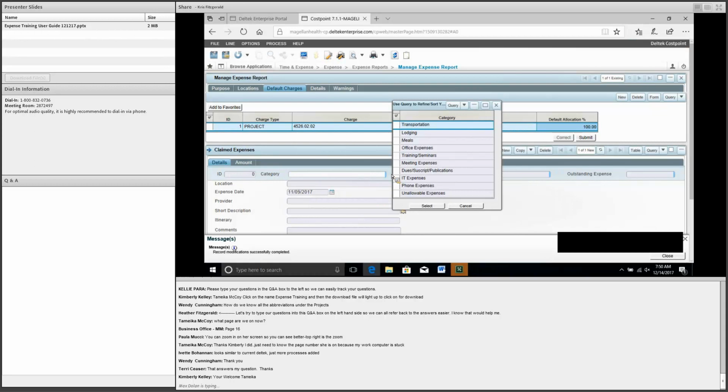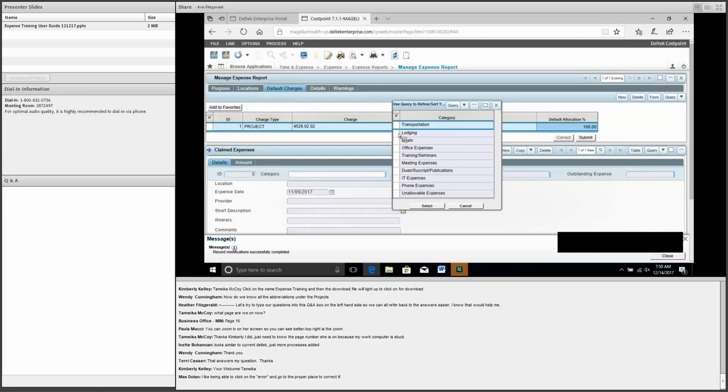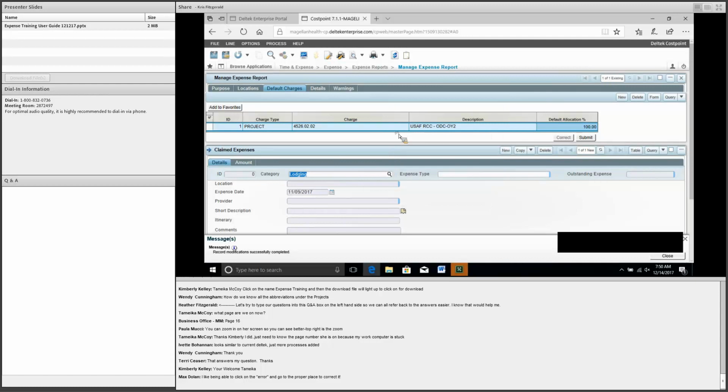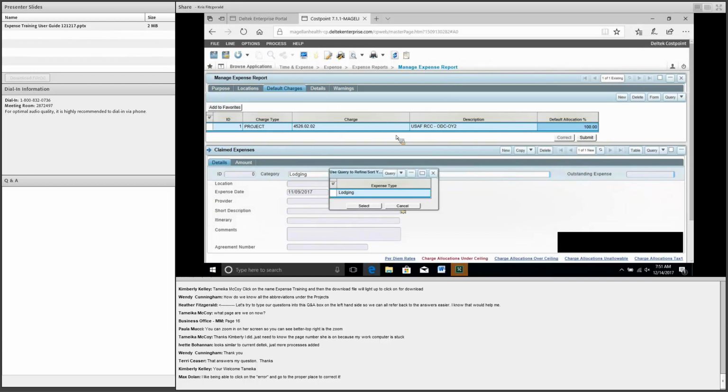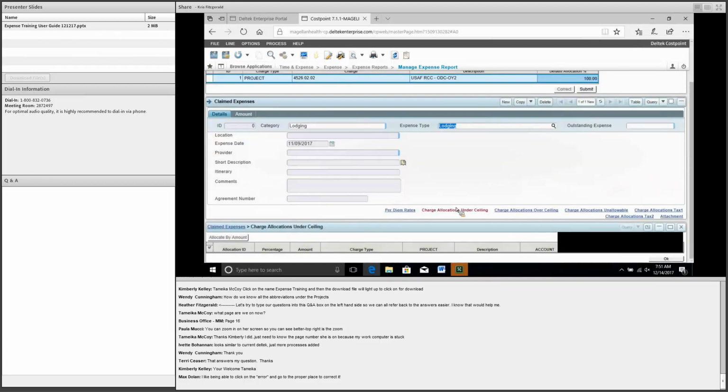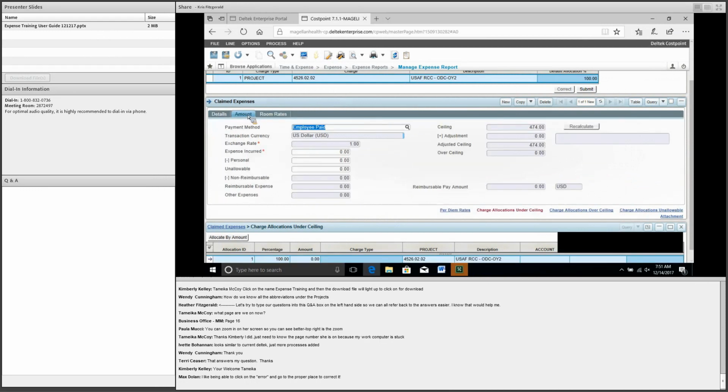Another expense that we're going to go through is the lodging expense. So I'll go to my category, I'll do a lookup, and here I have another category called lodging. Then I'll go to the expense type, and I'll pick lodging as well. Now, lodging has changed quite a bit from the old system. In the old system, you had the option of entering a daily room rate and a daily tax rate. That became difficult when the room rate and the tax rate changed on a day-to-day basis. So the system was modified to have you enter the total amount of the expense